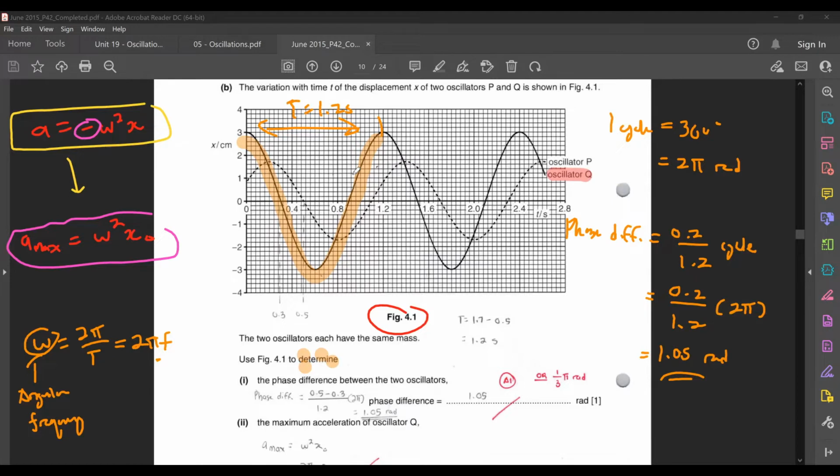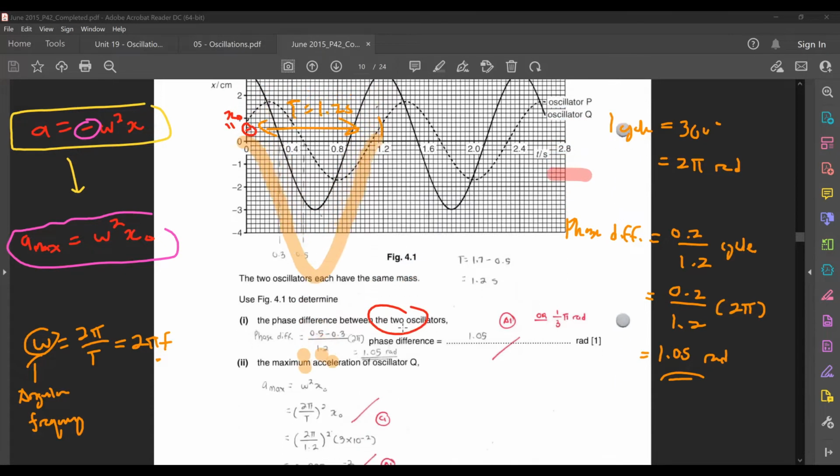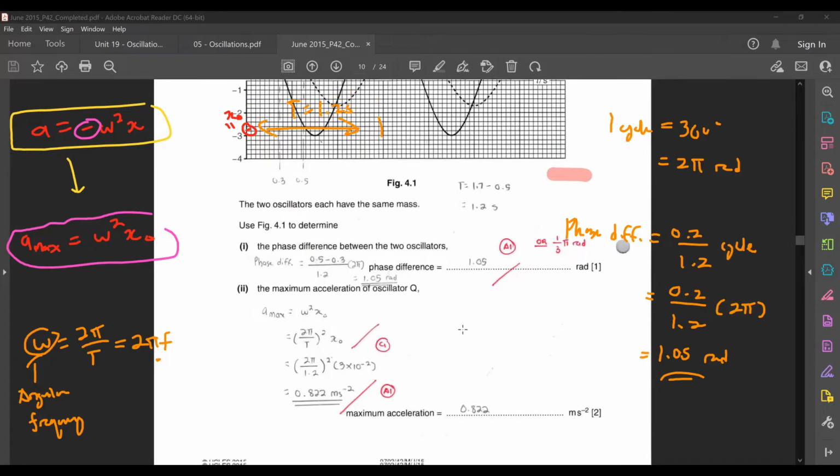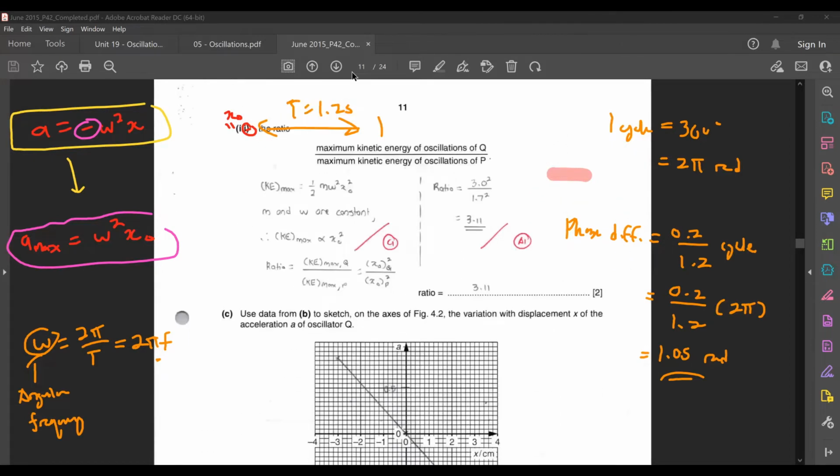Your amplitude is 3 centimeter. So sub in your values, and eventually you're going to get the answer as 0.822 meter per second. This is one part. Then the next question that I'll move on to is